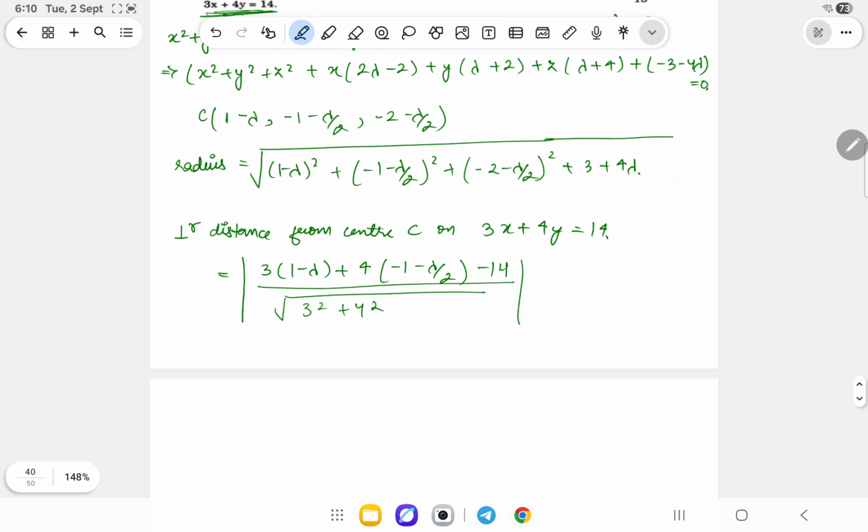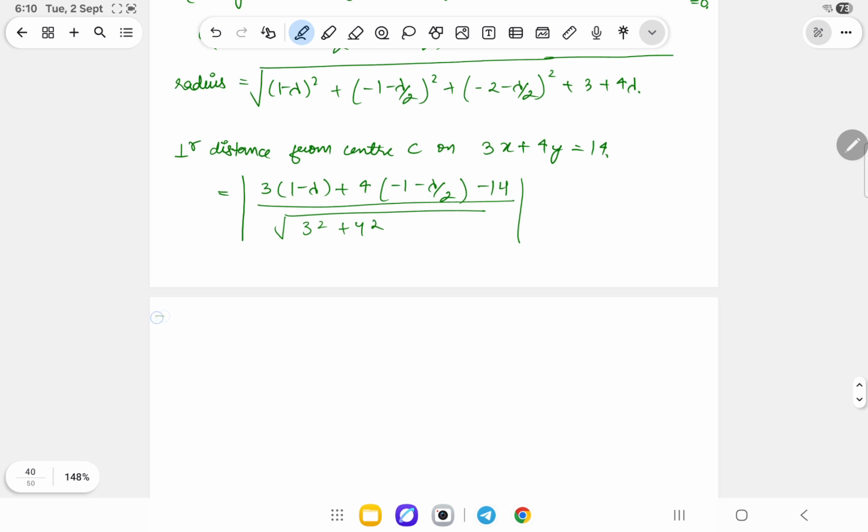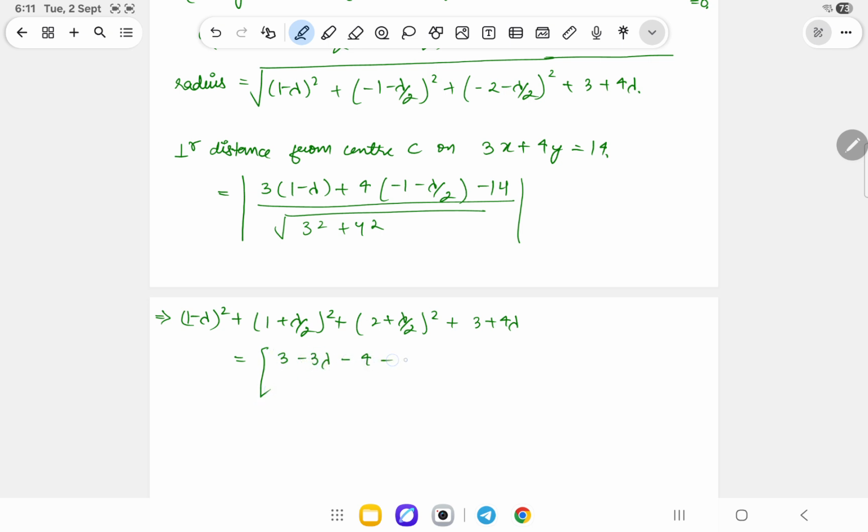So the radius must be equal to this perpendicular distance. So from here I'll be getting (1 minus lambda) square plus ((1 plus lambda) by 2) square plus ((2 plus lambda) by 2) square plus 3 plus 4 lambda equals (3 minus 3 lambda minus 4 minus 2 lambda minus 14) upon